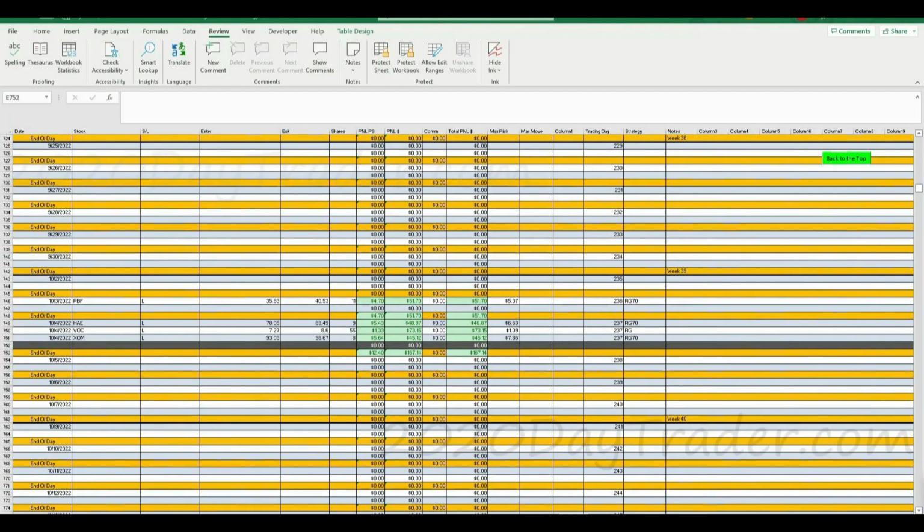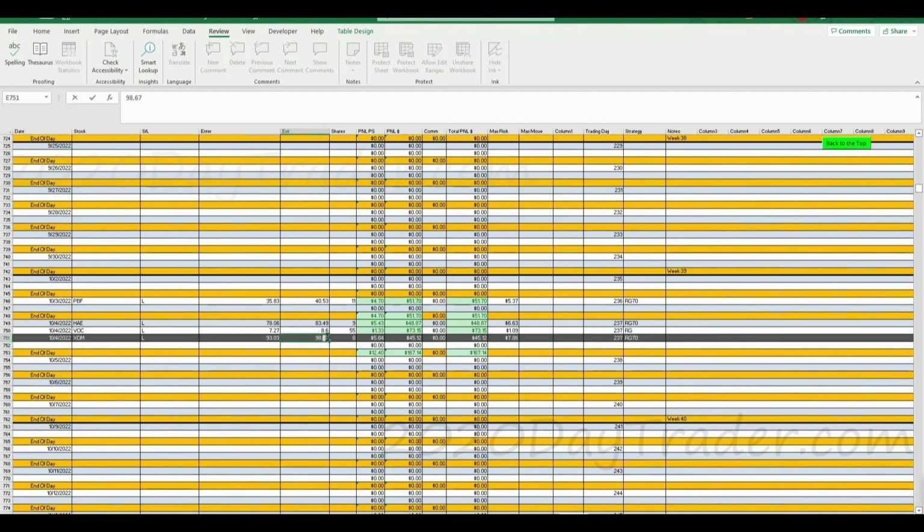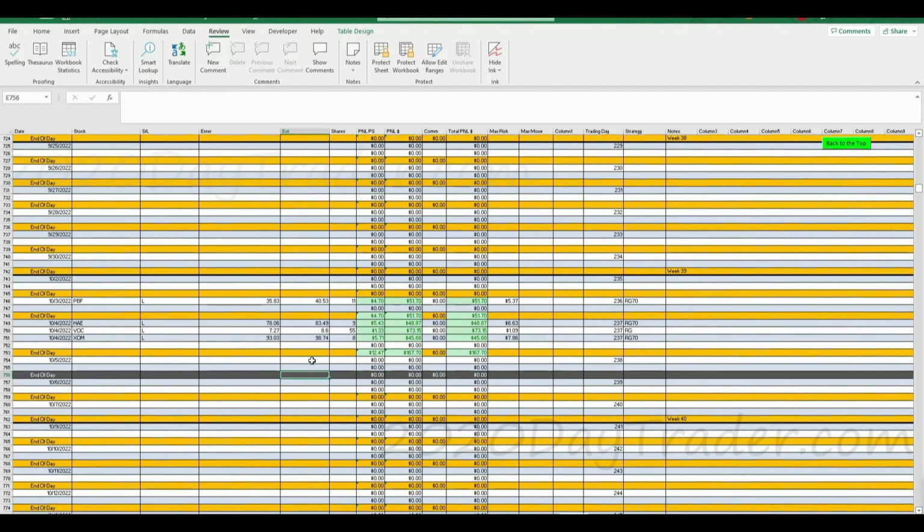Filled orders. Okay, so XOM 98.74 is what we got out at. So let's go ahead and make an adjustment there. This does hurt me a little bit, I'll tell you, emotionally, because right now I'm like, oh, it's gonna go higher, I should stay in. I'm getting the FOMO, like the FOMO's calling me right now in XOM to stay in.